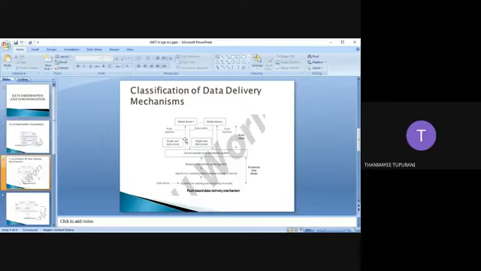When compared to your pull mechanism, what are the things handled by the push based mechanism, or what are the functionalities of this push based mechanism? We can know easily: a structure of data records that are going to be pushed is selected. If something has to be pushed to the mobile device, some selection of that particular record should be done, first stage, step one.